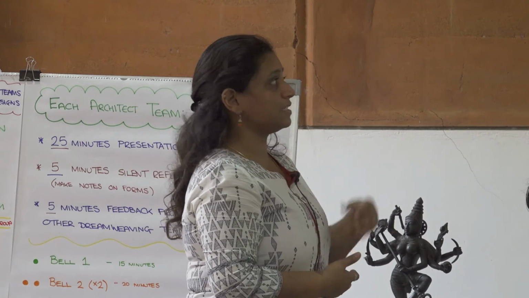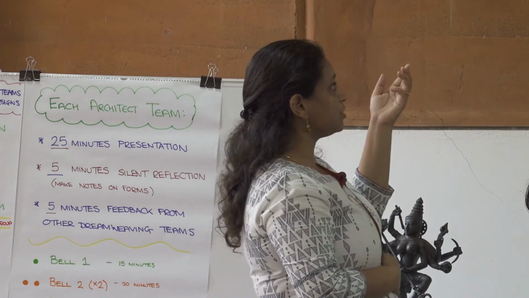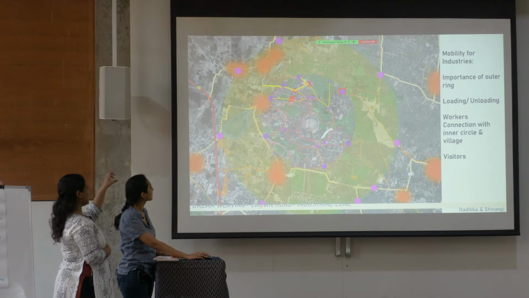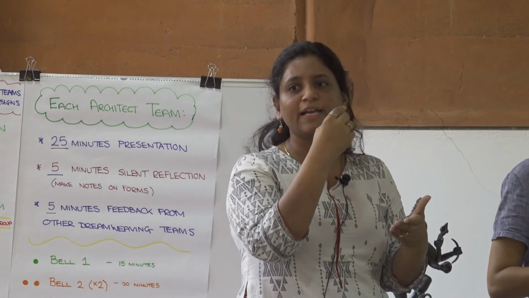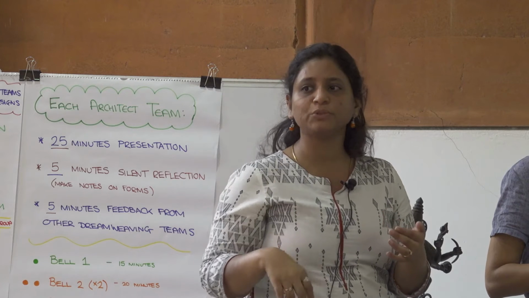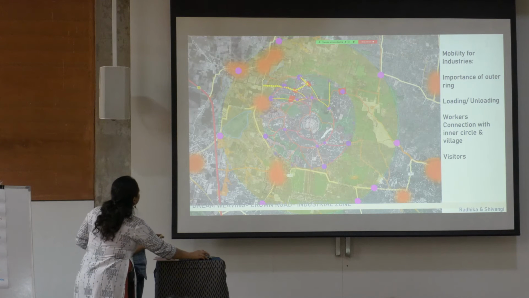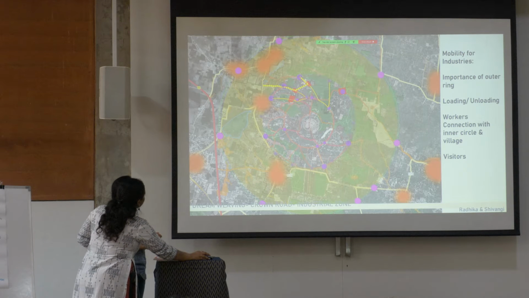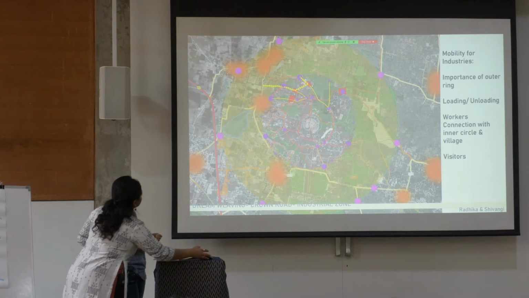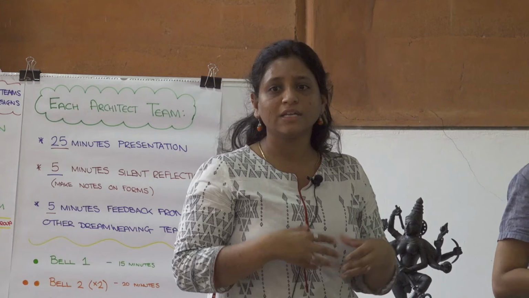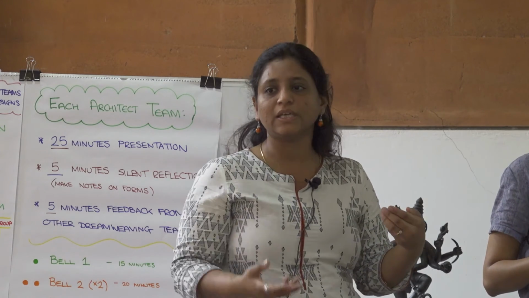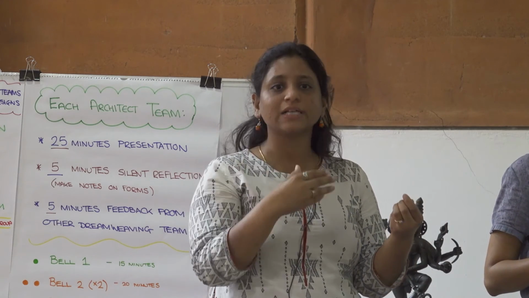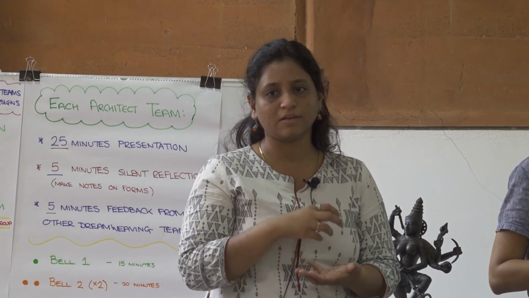Since we are looking more at the industrial zone, we picked up a few things like the loop that Fabian showed, which was also a part of the Bellinger study, where there were loops to keep the heavy traffic from coming to the crown. So we really thought that kind of a loop is very important, but not just the loop. If you see these red boxes around, we also thought that some kind of spaces need to come around it, which could accommodate things like parking, some kind of plaza that can start having that kind of filter happening.